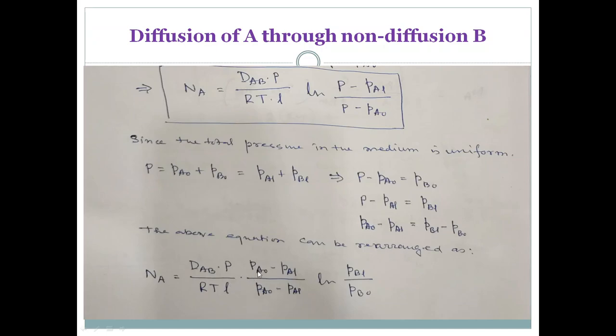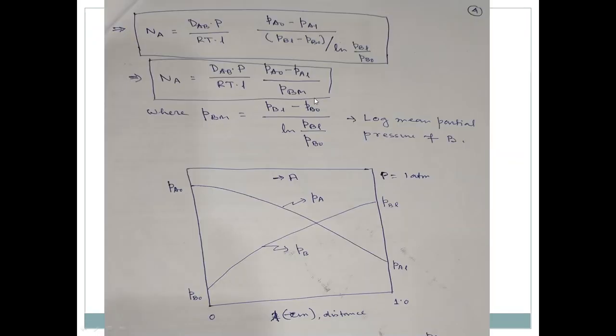Now here what I am doing, I am writing PA0 minus PAL, because I know this is the driving force, that's why I am writing this one. And as I wrote in the numerator, so in the denominator also I am writing PA0 minus PAL. Now ln of P minus PL, P minus PL equal to PBL, and P minus PA0 equal to PB0. Okay,